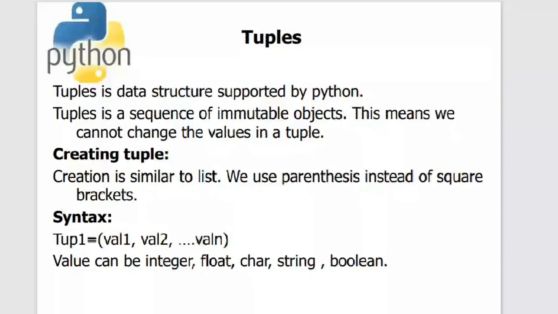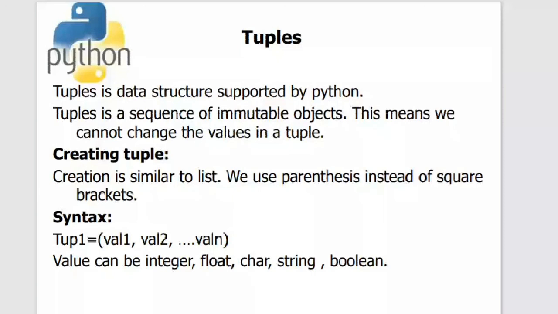So the fastest data structure is the tuple. It's the fastest data structure because of its quality. What is the quality? That it is immutable. It's not like list. List can change, so you can change the values in the list. But a tuple you cannot change. It is immutable. Once the values are fixed, they are fixed. That's it. So you cannot make changes.